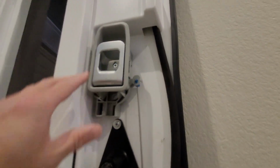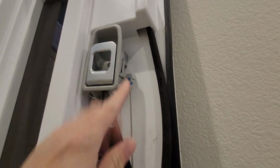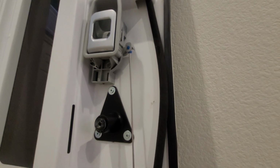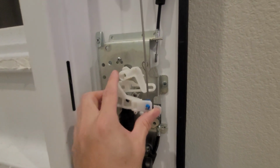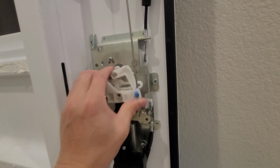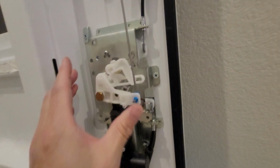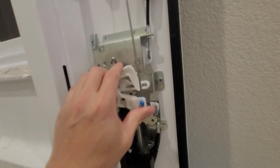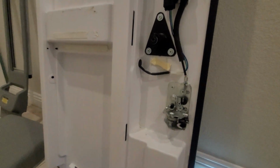And let me give you, for demonstration purposes, this handle right here is connected to this rod. This rod goes down to this locking mechanism here, and when you pull on the handle, it's lifting this piece up, and when you push on the handle, it's locking it. What's happening is, when you pull on the handle on the inside